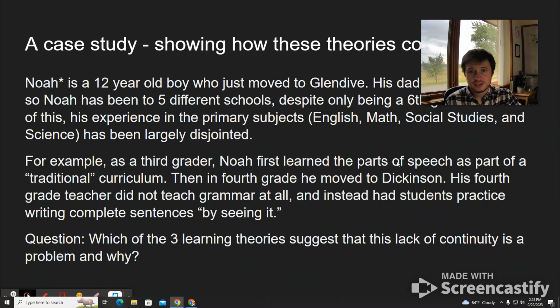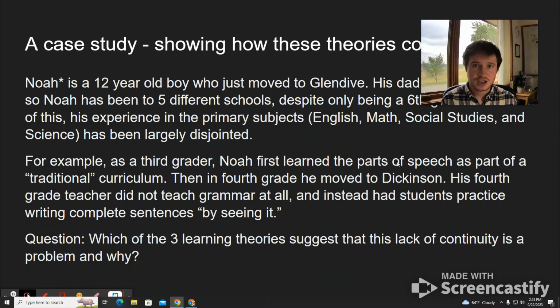While both cognitivism and constructivism would say that's a problem, the one that would really say, ooh, Noah's going to be way behind, would be the constructivist approach, because it's saying learning really only happens when you build upon something. Remember, a cognitivist is like a basket and says you can add things to that basket, but the best learning is when you can retrieve it out of that basket quickly and easily, and you can connect the things in the basket as well. Constructivism says learning is building, and this poor kid has not had any building on the